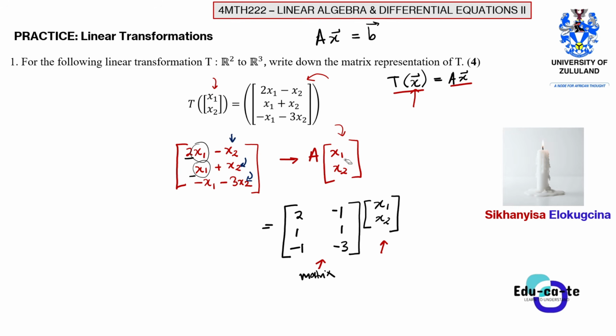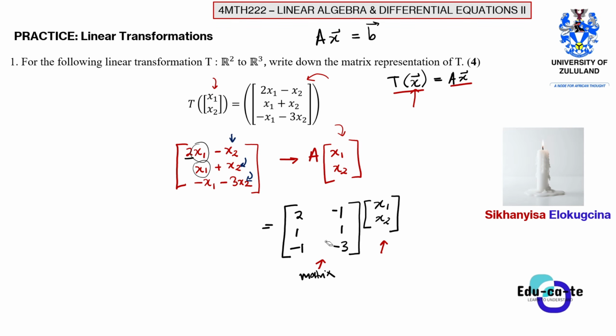Right, so for x1, the column here will consist of the coefficients that are multiplied to x1 in this mixed equation. So this is going to be 2, this is going to be positive 1, there is positive 1 here, this is going to be negative 1. So 2, 1, negative 1. These are the coefficients for what? For x1. And then these are the coefficients for x2.